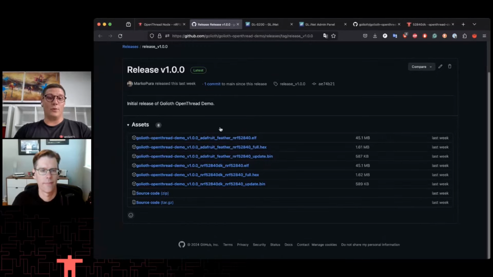And we have also enabled this demo to be used with the Adafruit Feather 52840 board, which is in a smaller, more compact Feather format that you can utilize. The board is cheaper than the fully fledged DK that you would use for, let's call it, full-on development. The Adafruit Feather can be used for your projects and for, let's say, playing around and having multiple nodes and